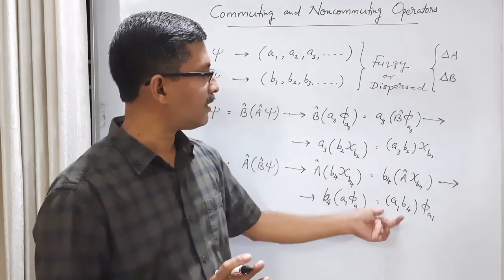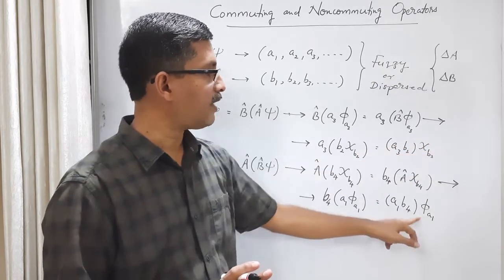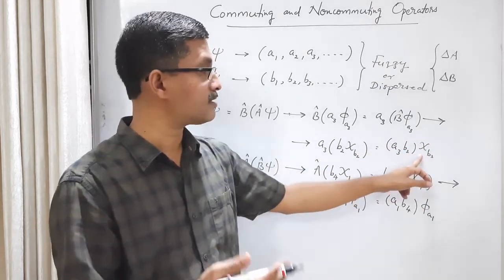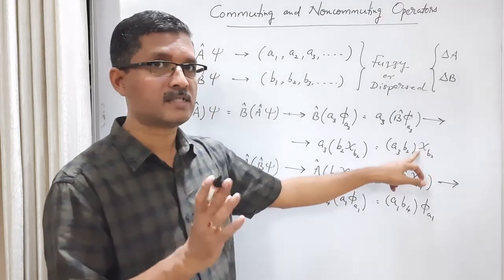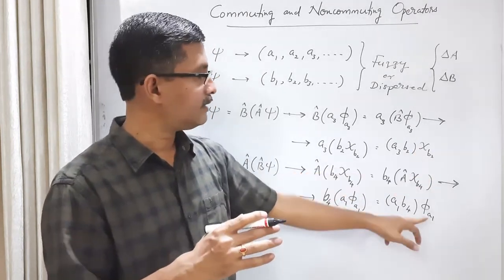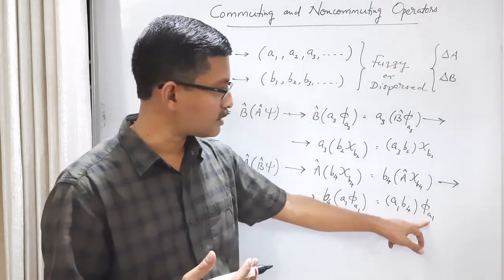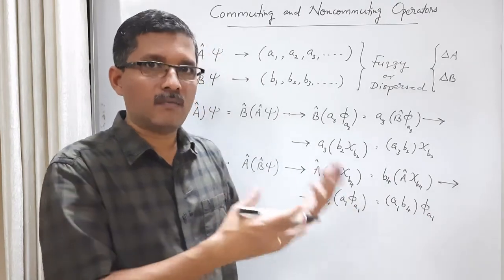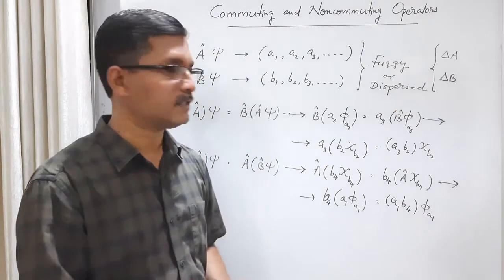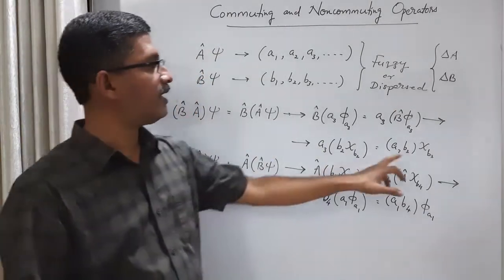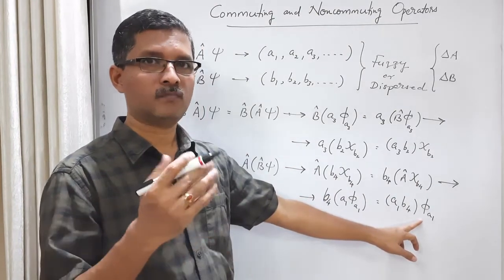So we get different eigenvalues, and also the final state here is an eigenstate of B. It could be any eigenstate; I just considered chi B2, the eigenstate corresponding to B2. But it's an eigenstate of B. And here the final state is an eigenstate of A, corresponding to the eigenvalue A1. I considered only one choice, but the point is that in this case we end up with one eigenstate of B, and in this case we end up with one eigenstate of A.